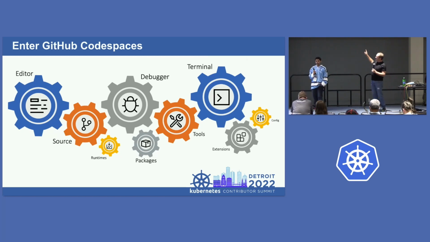What that does then is that triggers the whole chain of events all the way back to the left. So I've got extensions, the terminal, the tools, all the packages and dependencies that allow me to use the debugger, that allow me to get access to the source in whatever editor I want. So one thing I'll tease here is that today people equate Codespaces and the editors in GitHub with VS Code. Don't think of it anymore that way. Codespaces is a cloud-based environment that we are working to make sure you can bring your own editor to. We already support anything you can connect to a remote container